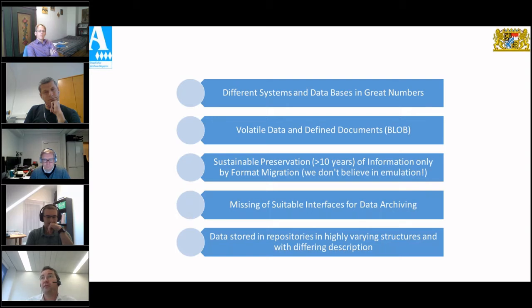This data might then also be changed or overwritten in the following use. In addition to these partly flexible and volatile data, defined data and documents like text documents, photographs, audio and video data and the like might also be secured in these data fields as binary large objects.